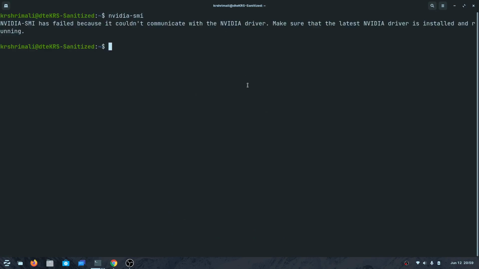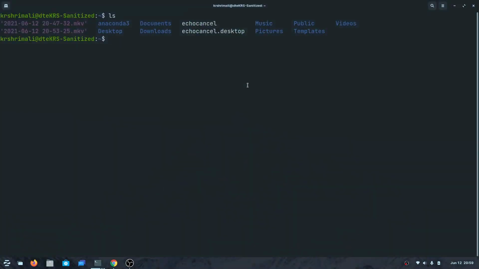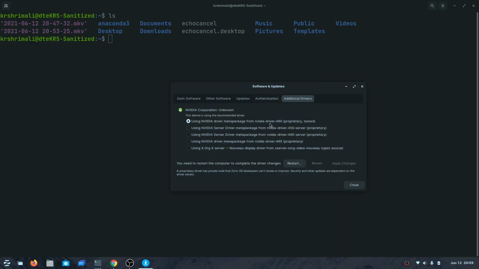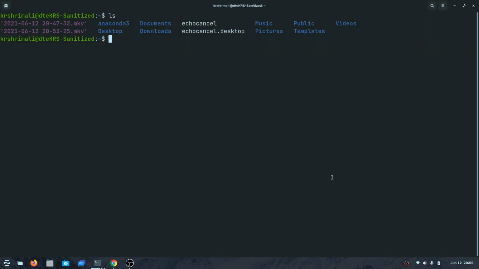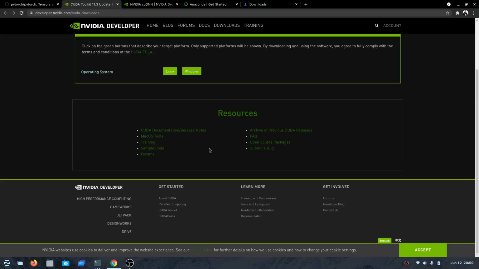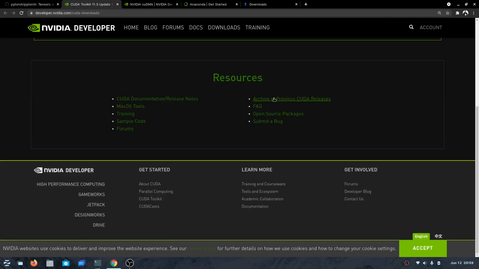Okay, so we already have a driver installed. So what I'm going to do is go to additional drivers, right? This is loading. So I'm just trying to figure out what driver I have. As it says, NVIDIA driver 460, right? And from what I remember, NVIDIA driver 460 requires CUDA 11.2. So you can see that I have gone to the NVIDIA CUDA website and it says 11.3 is the latest one, but you need to download the one which is supported by your NVIDIA driver.